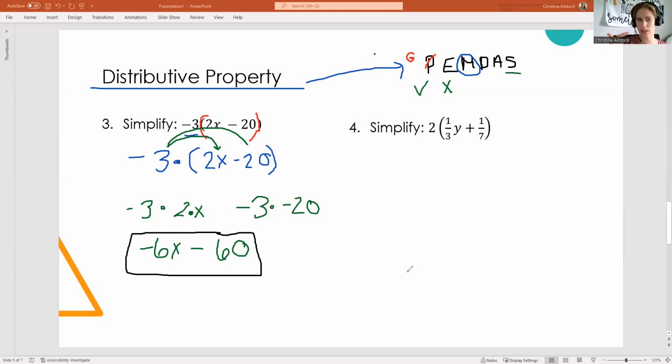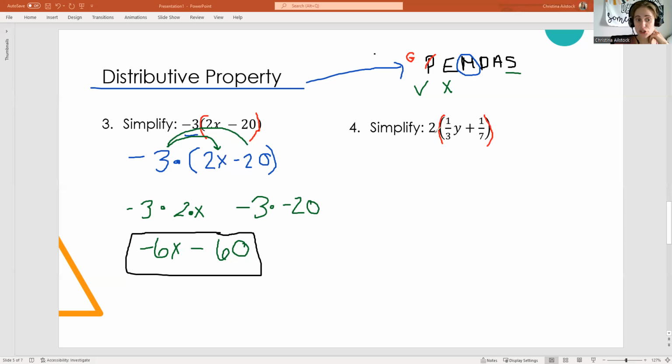Let's do number 4 a little bit quicker. So number 4 here, I'm being told to simplify. I see that I have a grouping symbol, those parentheses, but once I look inside, I can't really do anything in there. I have 1/3 y plus 1/7. They are not like terms, because the 1/3 has a y, the 1/7 doesn't. So because they're not alike, I can't really add them together,